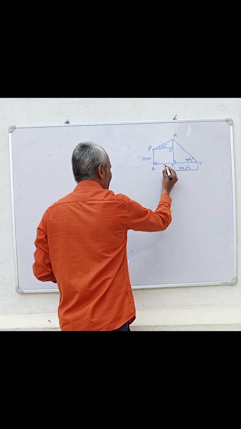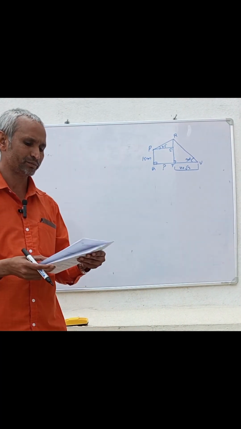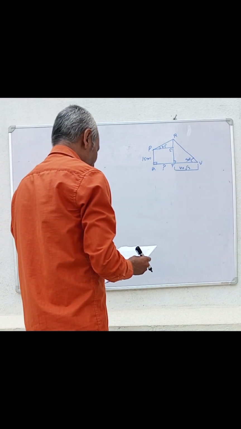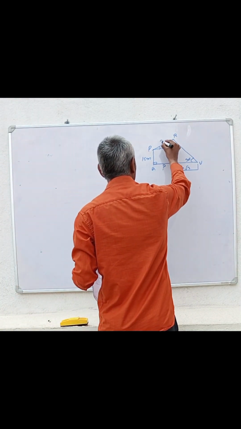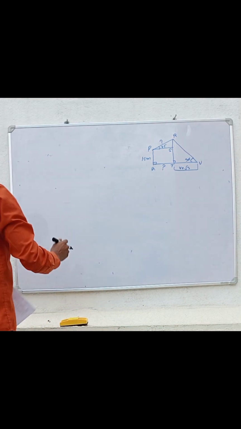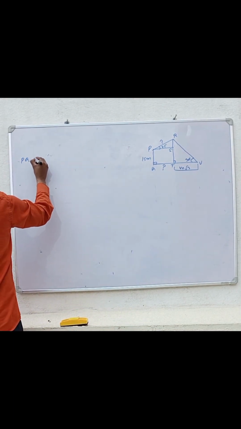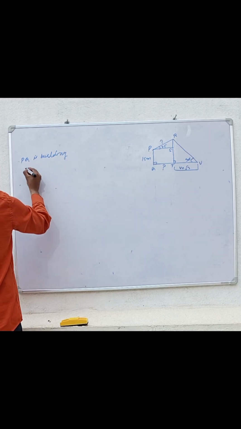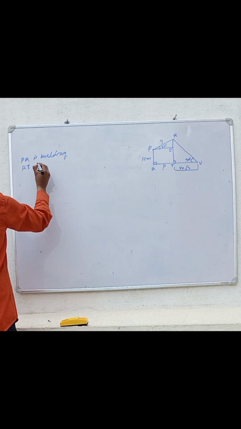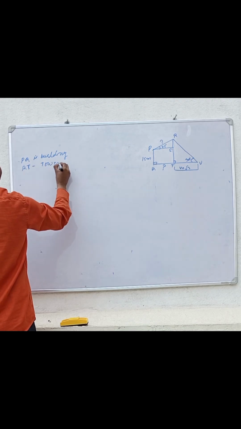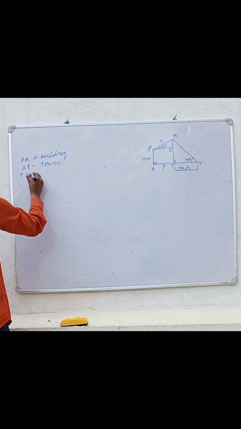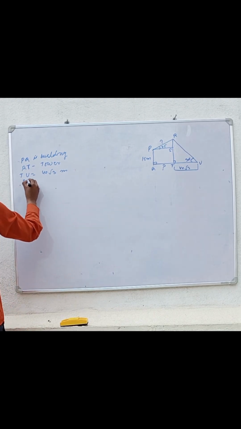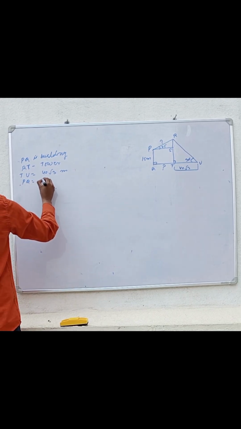Means this, we are going to question mark. QT we are going to find. And also distance between the top of the tower and the top of the building, this we are going to find out. Means it is given that PQ is building, RT is tower, and TU is 40 root 3 meter given, and the PQ, that is the height of the building, 15 meter given,